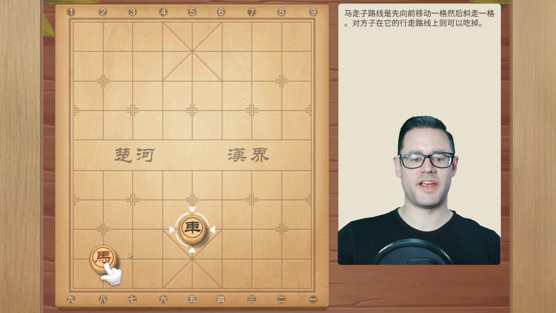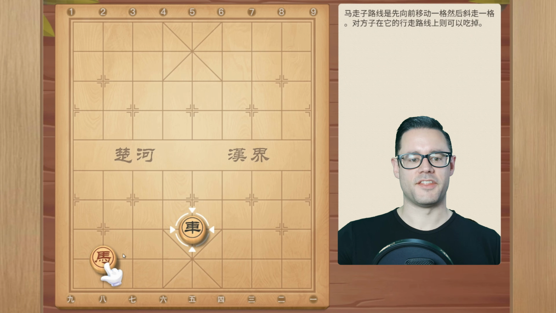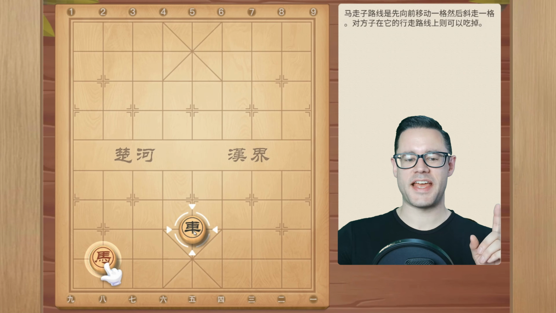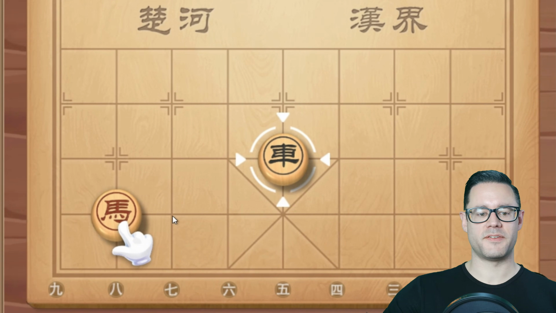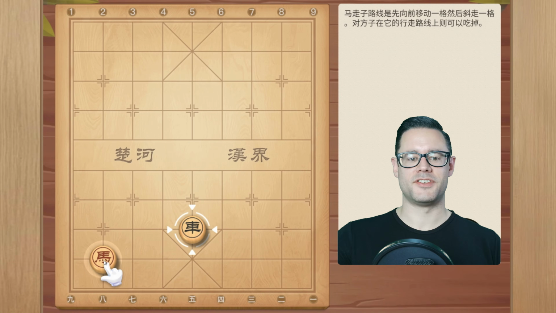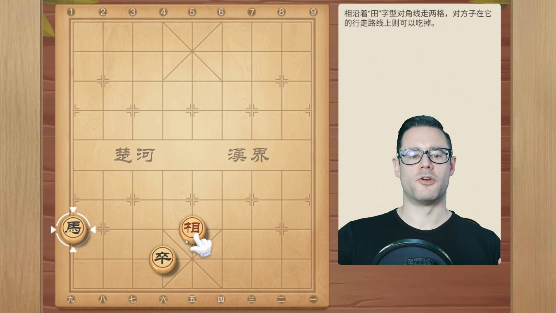We've got a horse here and a chariot. We've got to try and figure out how we can take out that chariot. And the chariot's location is just out of reach from the horse. So remember, the horse moves one space forward, one space diagonal. So the horse could be targeting this square or this square. It doesn't quite get there to the chariot. So we're going to have to do this in 2 moves. So if we move our horse to the 7th file, then we can take out the chariot on the 5th file. Here's a little bit more maneuvering.